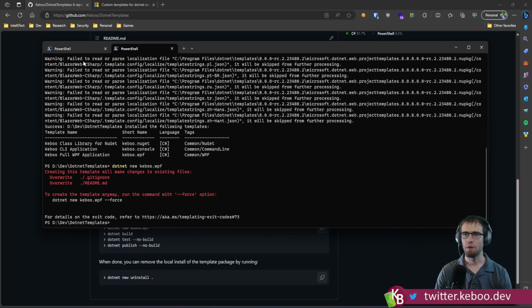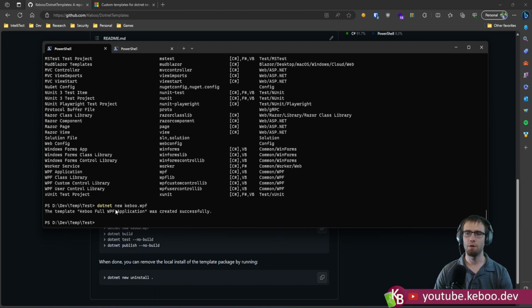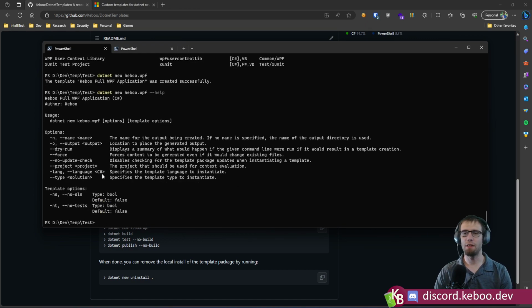oops. And this is why it's good to pay attention to what repo or what folder you're in. All right, so if we go .NET new, Kaboo WPF, with all .NET templates, there's this implicit idea that if you don't explicitly specify a name for the template, it's just going to use the name of the directory, in this case test. If we were to do this and go --help, you'll see that there's some built-in options that